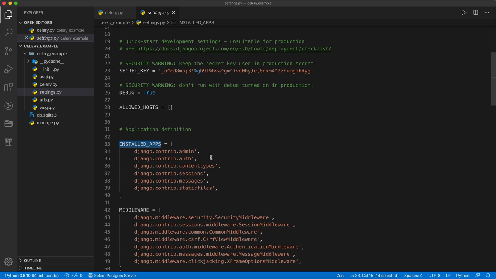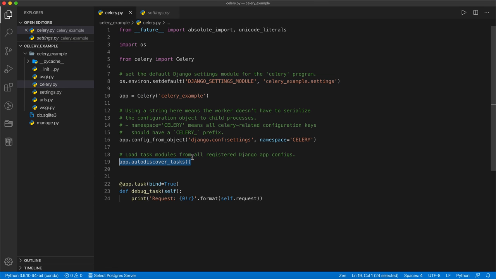Those will be discovered by Celery and solved by the Celery workers. For that reason we need to write this one. And this is just a debug task. Whenever we run the worker, you will be able to see this task. Let's first finish the configuration and then we will run the worker, so you will see this debug task discovered. Okay, now celery.py is ready.